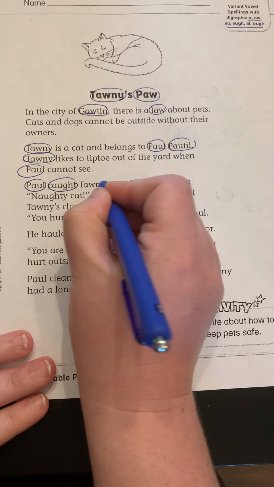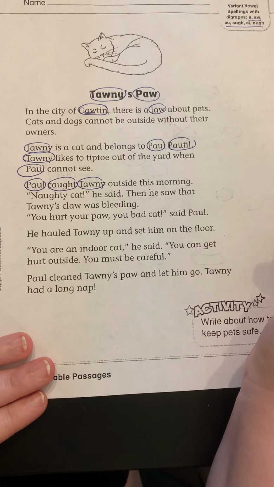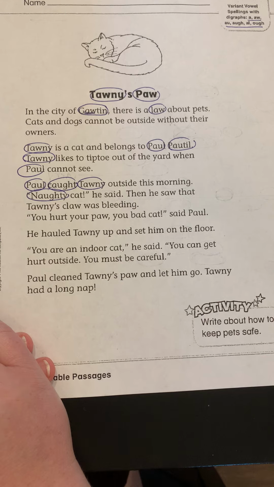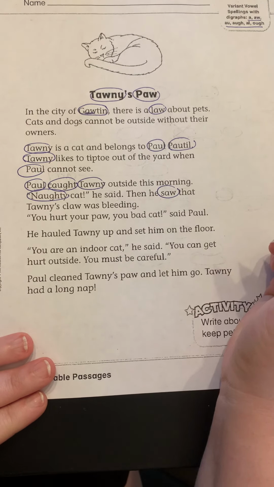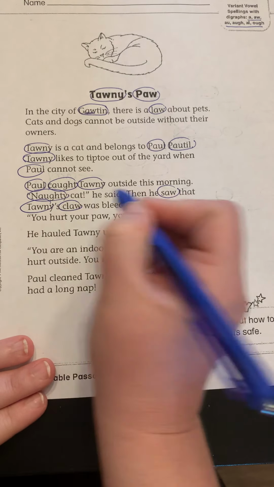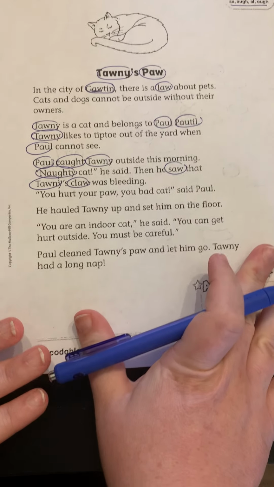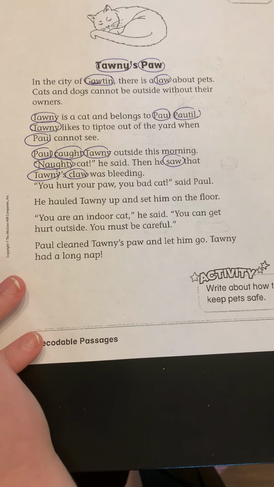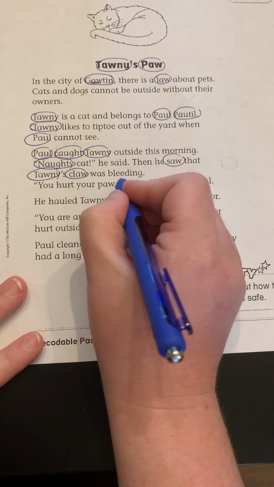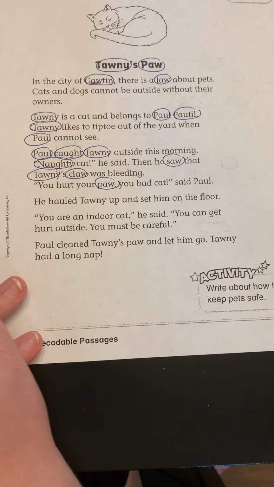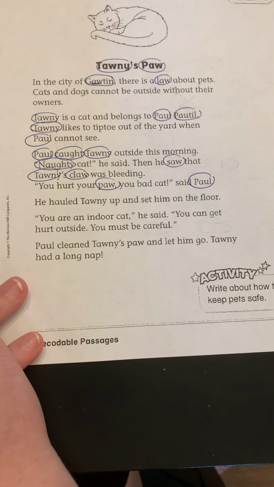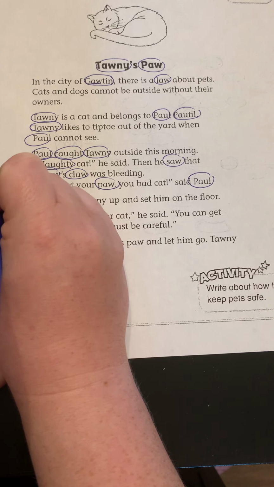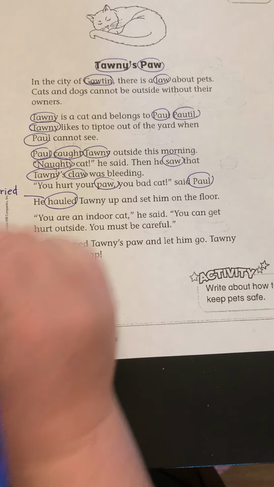Paul caught Tawny outside this morning. "Ooh, naughty cat," he said. Then he saw that Tawny's claw was bleeding. Sometimes these stories get me a little tongue tangled. I can't read it correctly. "You hurt your paw, you bad cat," said Paul. He hauled, and what did we say we learned that meant? He carried